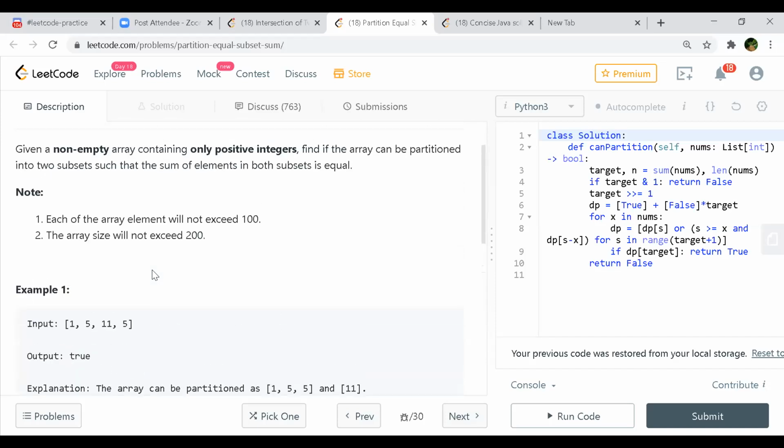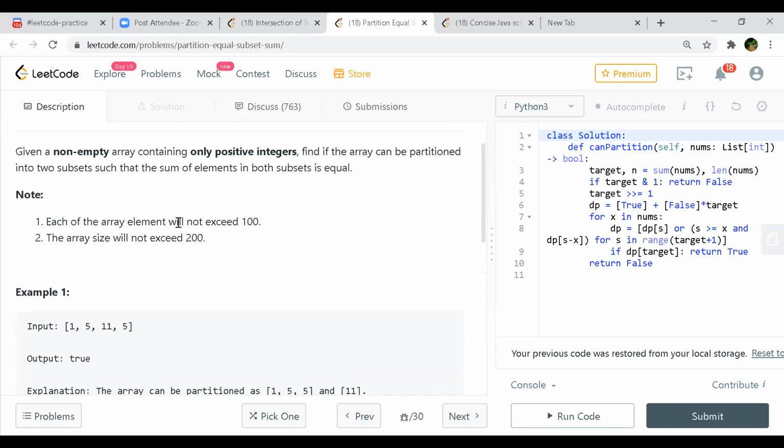So how to proceed here? Before that, it's a non-empty array, and only positive integers are going to be part of the input array. Is there anything we need to be worried about, because there are no negative numbers, no zeros? Zeros can't be there, and they would be useless anyway.